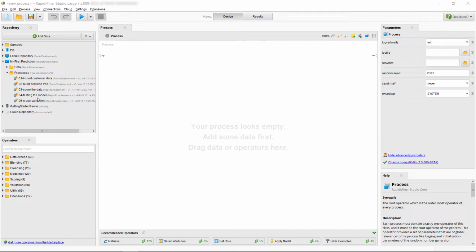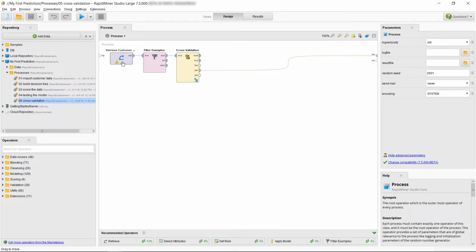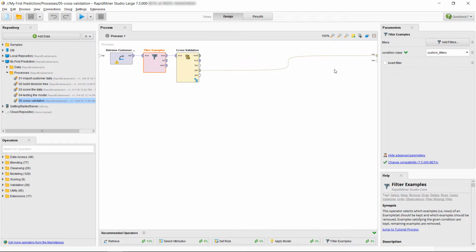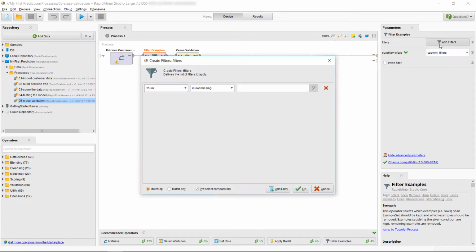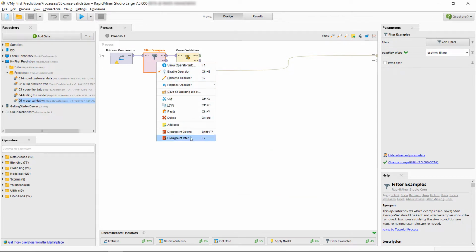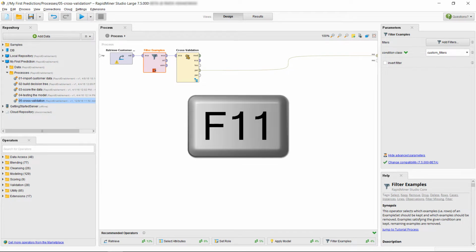Okay, so we open our 05 cross-validation process and inspect it. The first operator retrieves customer data, and the second filters it to make sure we only have examples with a valid entry in our churn column, which is our label. To look at our data after these two steps, let's set a breakpoint to pause the process execution once we started it. We can do this through the right mouse button and then select Breakpoint After. Later, you'll probably use the F7 key to set and remove breakpoints,